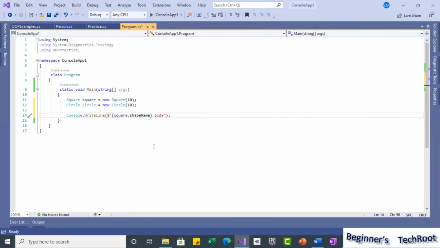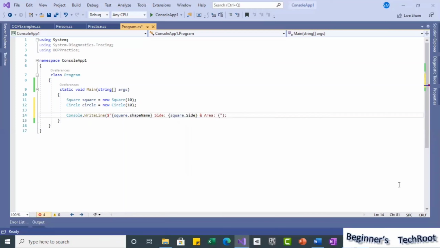As it is a square, a square will have a side. So I am just taking the side, and then again here square dot side. The property that I exposed, I am using here. Okay, and then area. Just one space I used. I didn't use any tab here, just for understanding.